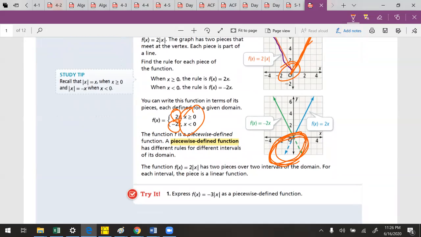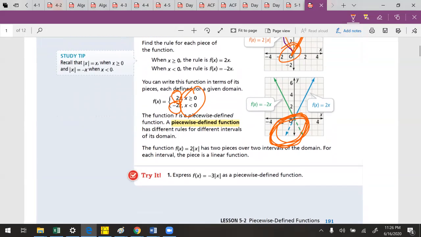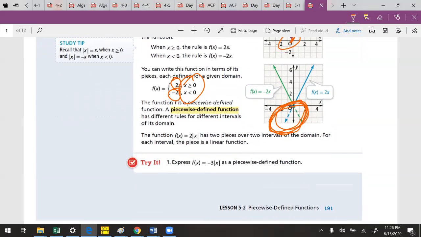A piecewise function, okay? So let's talk about this next one here, okay? Express -3 absolute value of x as a piecewise defined function. Okay, well, I know for a fact that it's opening downward. Why? Because your slope is negative, okay? So the graph's gonna do this. And notice how it's gonna break at 0, okay? When we talk about a piecewise function,